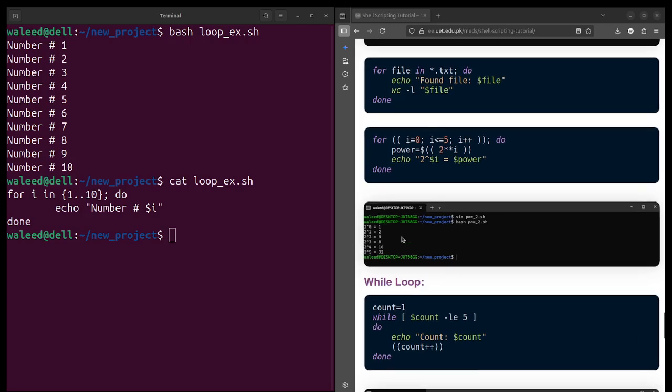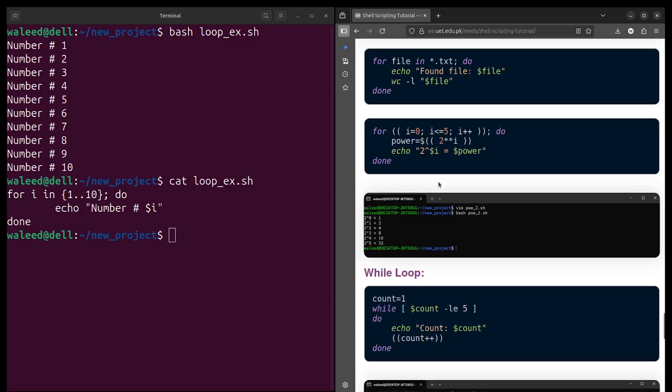Now there's another example of printing a table of 2. Let's say 2 power 0 is 1, 2 power 1 is 2, 2 power 2 is 4, 2 power 3 is 8 and so on to 2 power 5, and it has written a table in a for loop. The I is the variable which stores the number from 0 to 5. That number is the power of 2. It simply takes the power of 2 and dereferences it. Dereference basically writes here the value of I from 0 to 5 in each iteration.